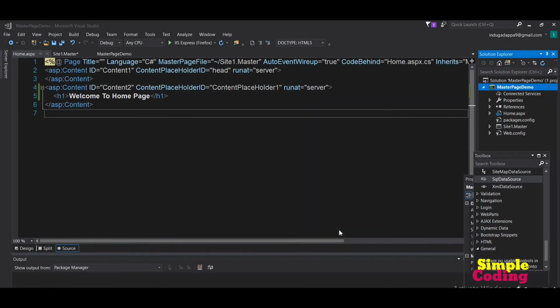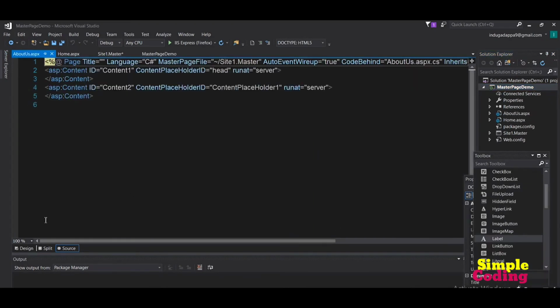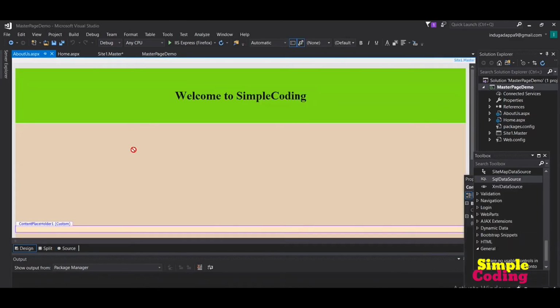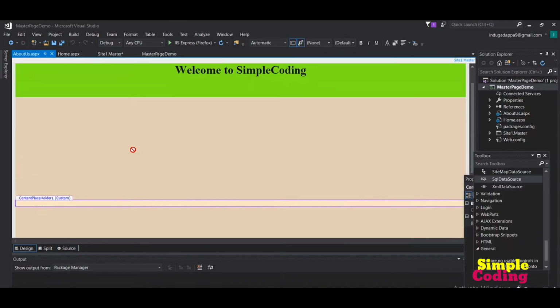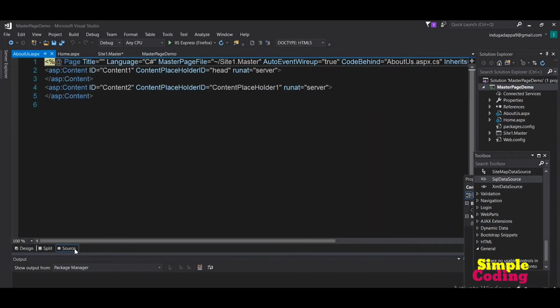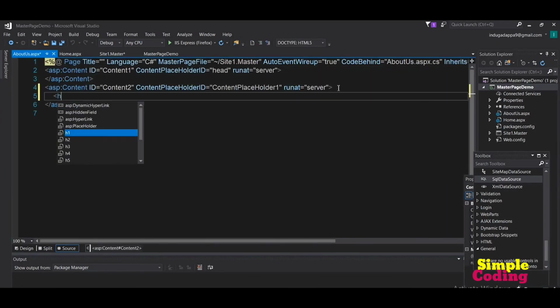It will add the master page to our page. You can see that the web page has been added to our project with master page properties, and in the second content tag I am adding an h1 heading tag to display "Welcome to About Us Page". That means whenever I click on this About Us button, it will display the "Welcome to About Us" heading in my web page.